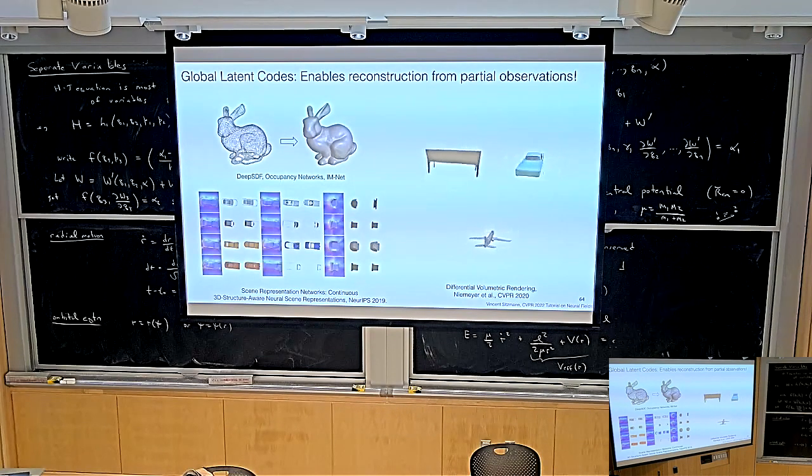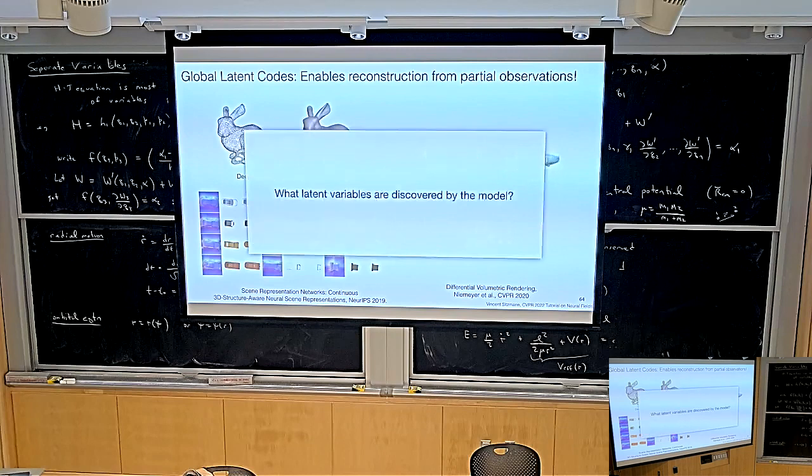So all of these use a single latent code for each of the objects that you see. So this bench is reconstructed, is parameterized as a single latent code. This car is parameterized as a single latent code, and this airplane is parameterized as a single latent code. Okay, so